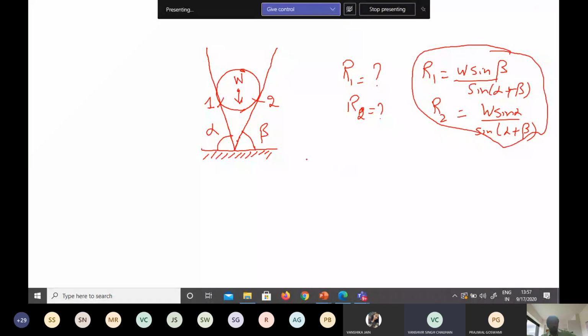Very simple problem. Step number 1, what is step number 1? Making a FBD of the sphere. Make the FBD of the sphere first of all. I will just help you out. This is the sphere here, weight W acting downward. This is one surface, this is the second surface here, and again